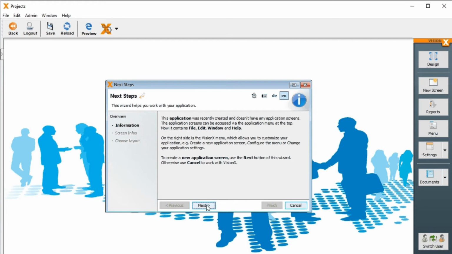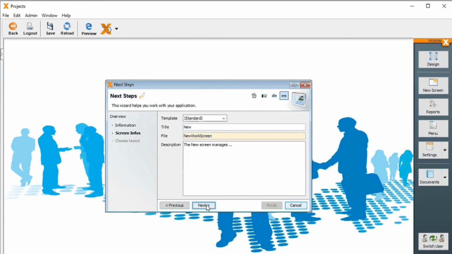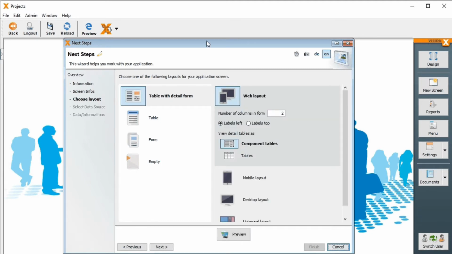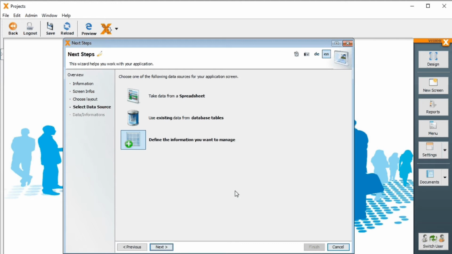Here, a Next Steps wizard will pop up where we can create a new screen, which we will also name Projects. We will choose a web layout, although all screens are responsive and working with other technologies such as mobile or desktop applications. Then we will quickly define the data model, but you can also take this from an Excel sheet